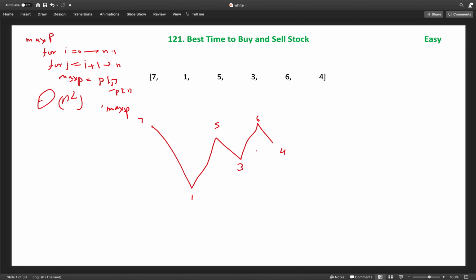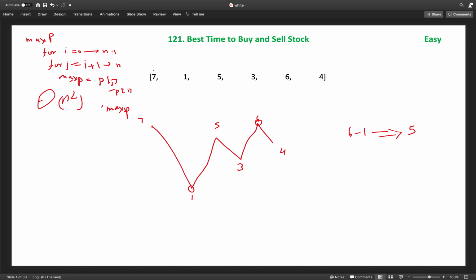So if we see, this is our minimum point where we can buy, and this is the maximum after our minimum, 6, where we can sell. The difference is 6 minus 1, which is the maximum possible profit we can earn by doing one transaction. So how will we solve this problem?